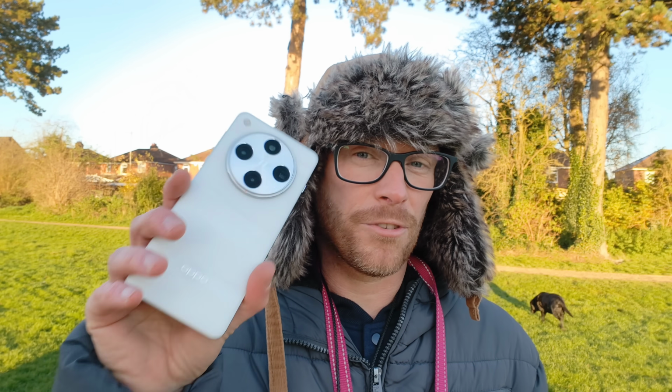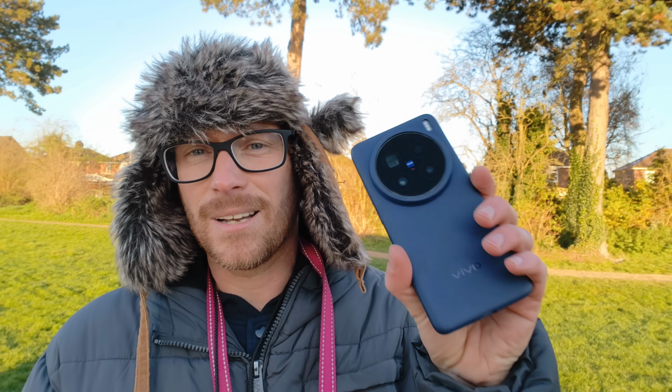Remember, this is a global version for Europe and all the market, not only China. Sadly, this VIVO X200 Pro at the moment is China only. We are hoping for global launch in